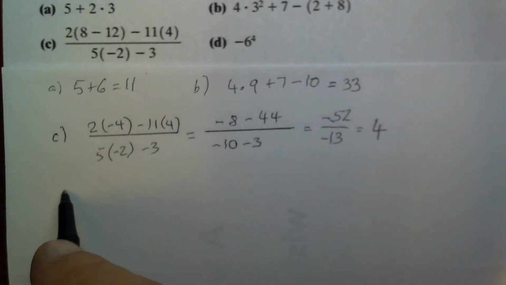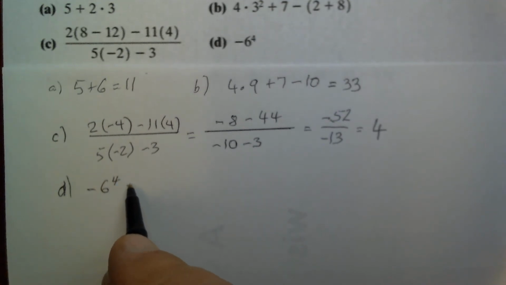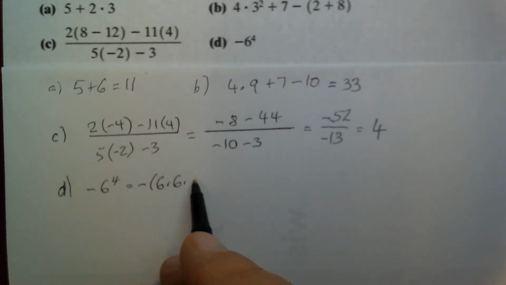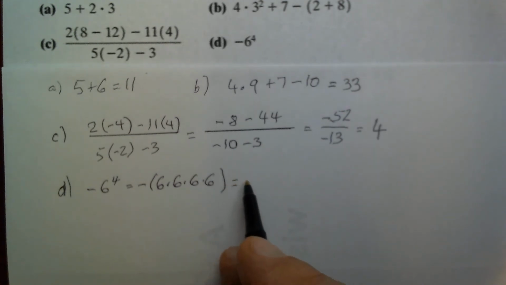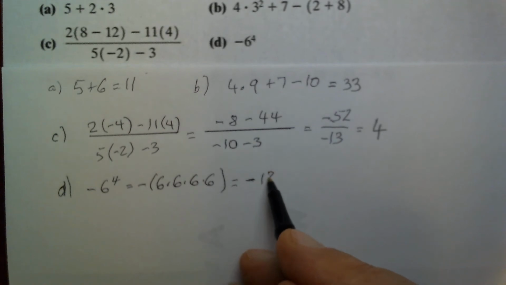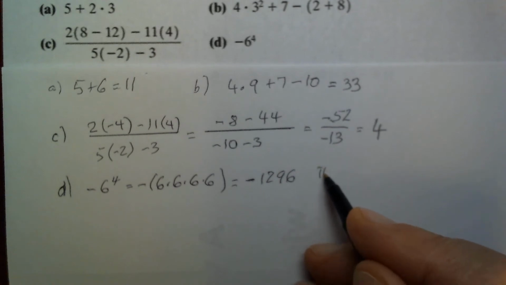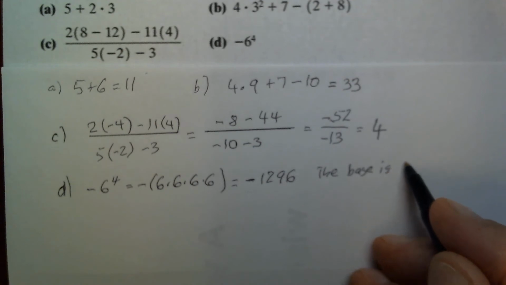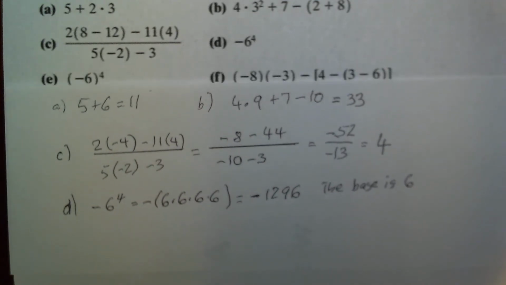Now for part D, we have minus 6 to the 4th power. So we have minus 6 times 6 times 6 times 6, and that's equal to minus 1296. So note that the base is 6, not minus 6. Okay, very important difference, because when you look at the next exercise,